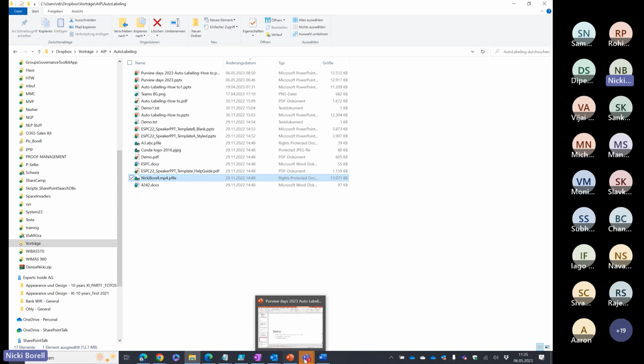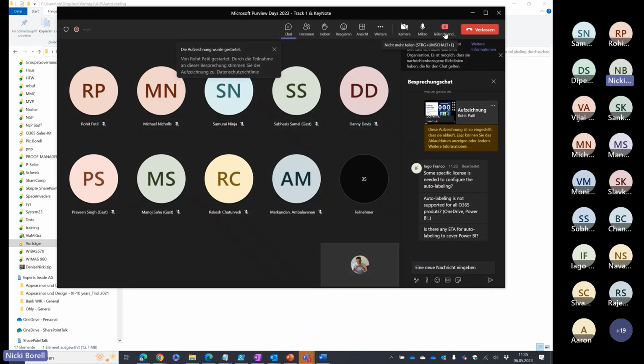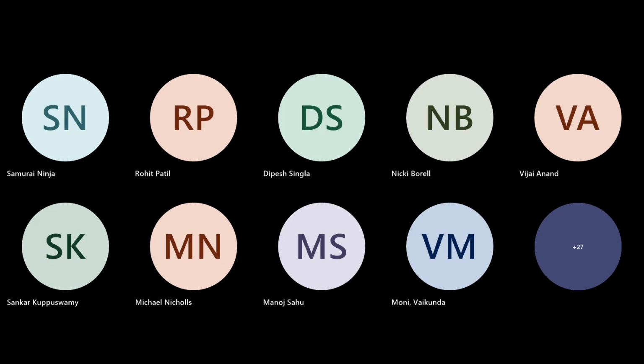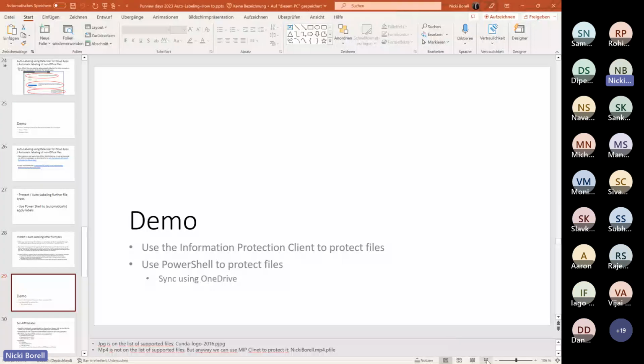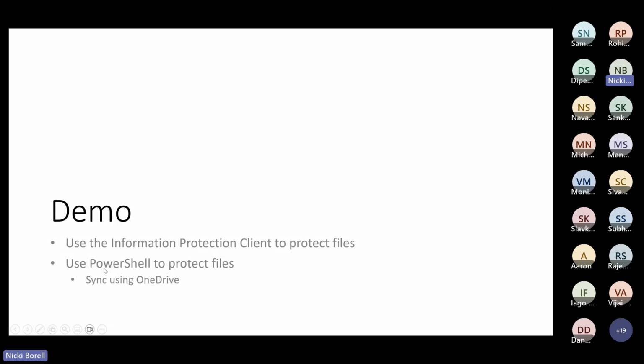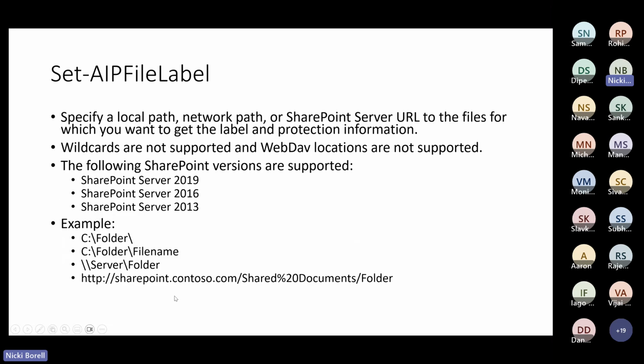And that brings me, let's just stop the sharing on this and go back to the capabilities we have with how can we automate the protection when we're using this manually way or even using PowerShell. A little bit from a time perspective, I won't go deep into the demo we have with PowerShell, but at the end of the day, the way is the following. You can use PowerShell to apply labels to files with a set file label and then